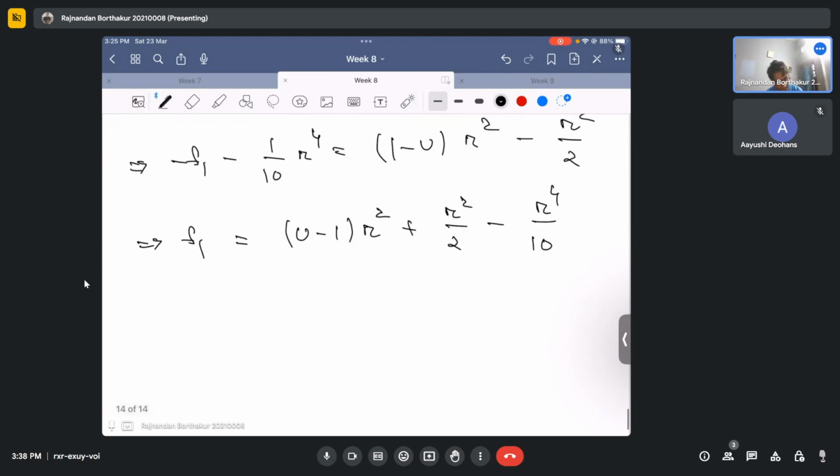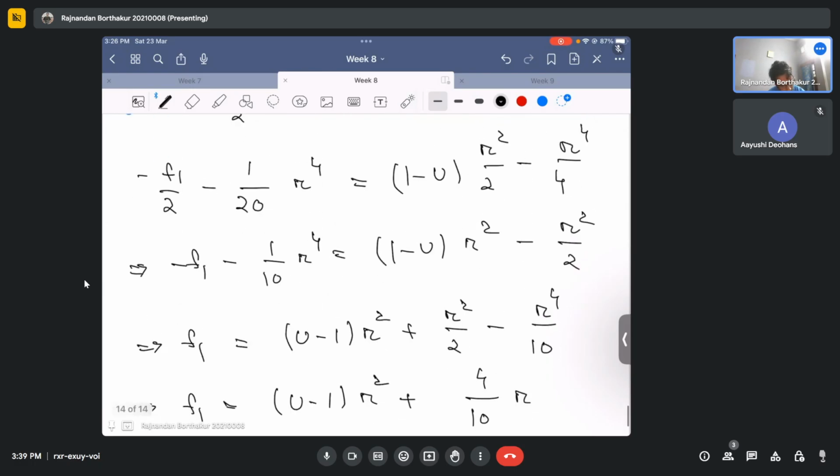And if we simplify it, f1 is basically equal to u minus 1 times r squared plus, if I'm not wrong, this should be 10, 5 minus 1 is 4. So I think this would be 2 by 5, I mean 4 by 10 r power